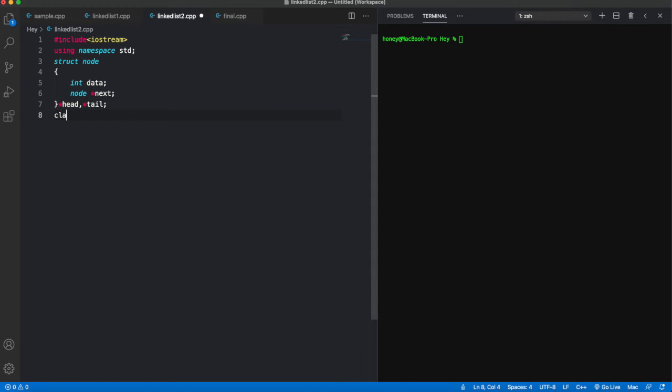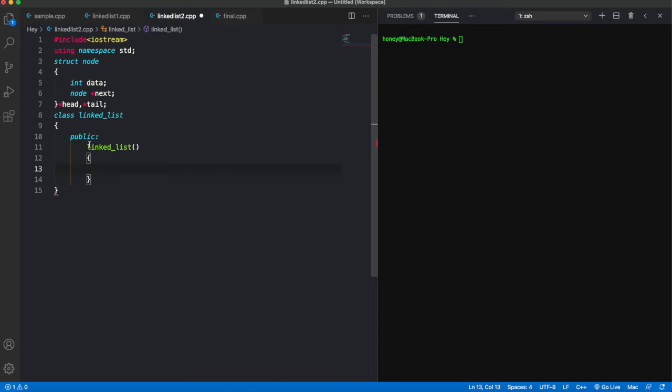We'll create a class here, linked list, public, because by default the members are private, so we'll have to write the access specifier as public so that we can access the member functions of the class.